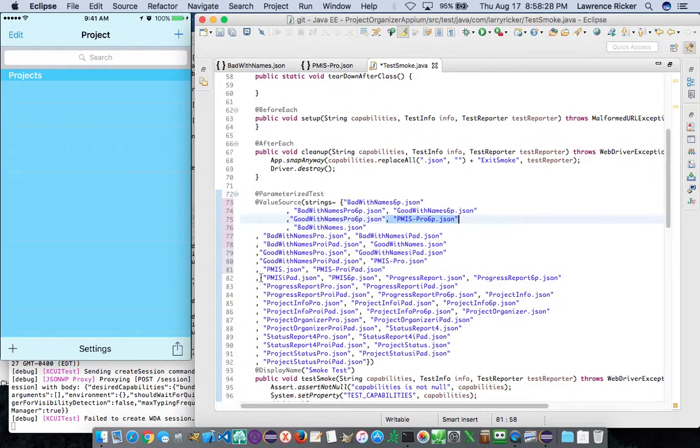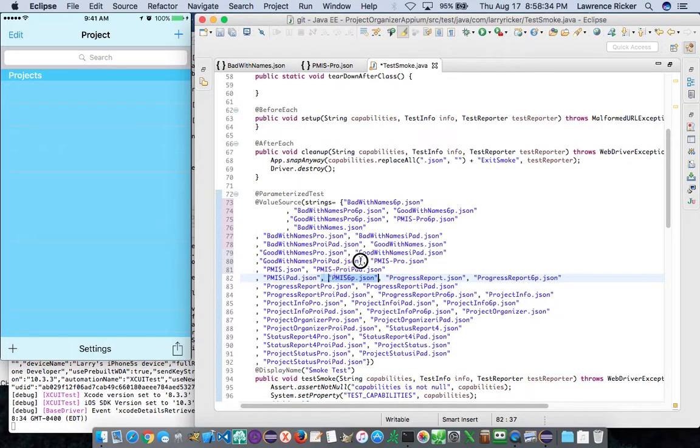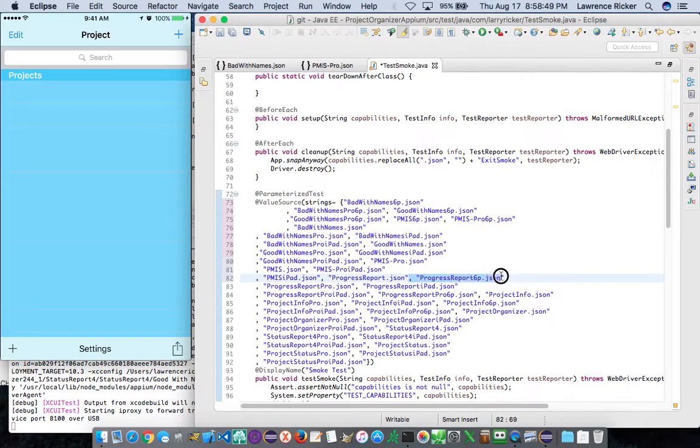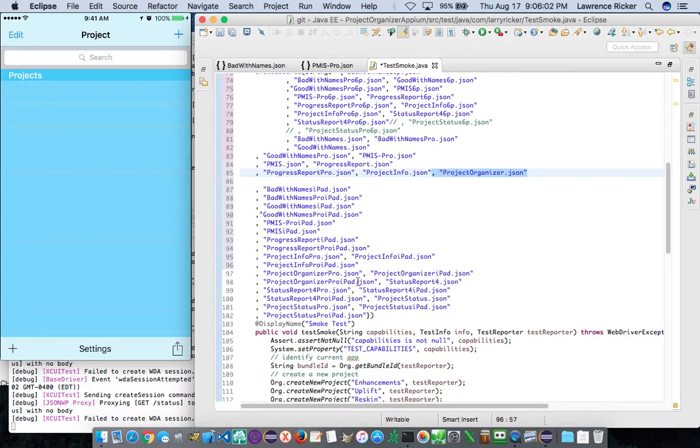And then I want to grab this PMAS 6 and put that before the Pro version. Then we get into the progress reports. Now what this is, a JUnit 5